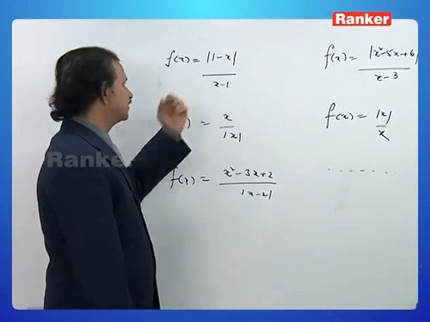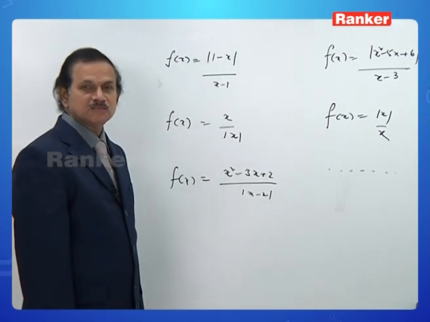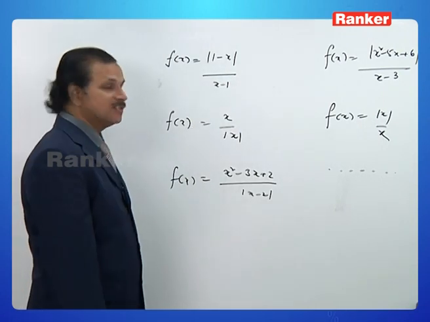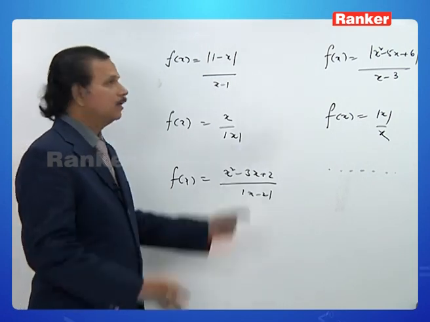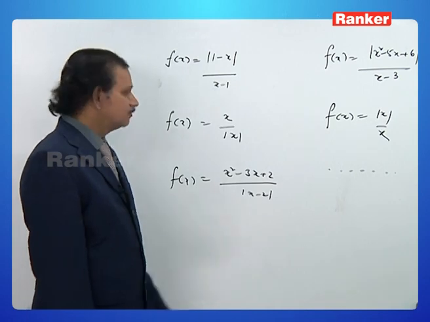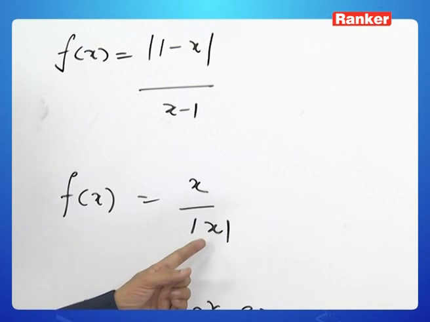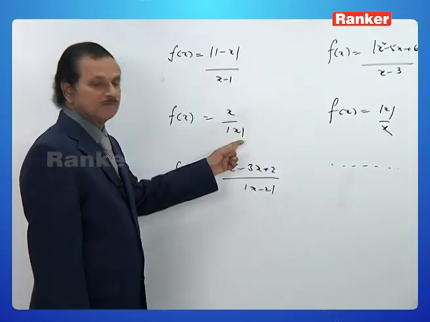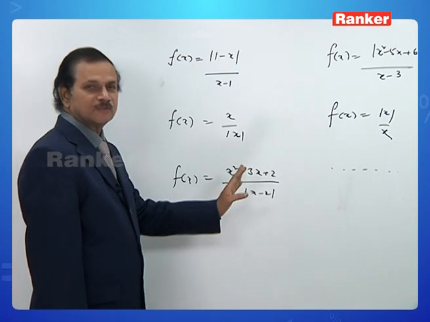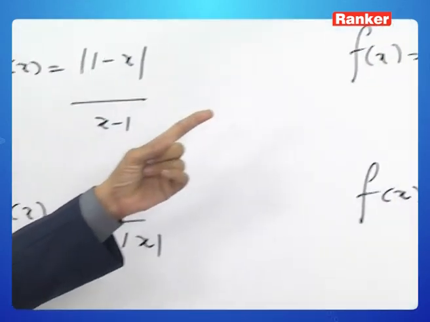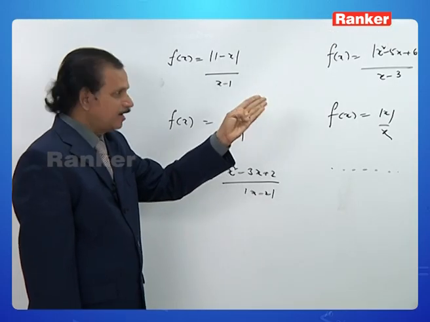For example, at x is equal to 1. Is it in the 0 by 0 form? Is modulus available everywhere or somewhere only? Somewhere only. Discontinuous at x equal to 1. 0 by 0 form? Yes. At only one place the modulus function is available. Discontinuous. Similarly, modulus is contained in the numerator but not in the denominator, and at x equal to